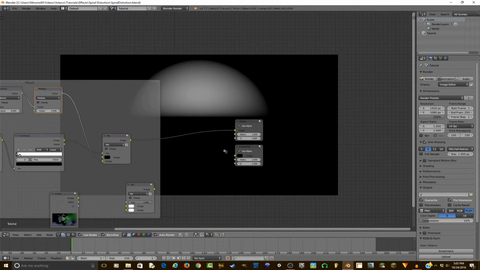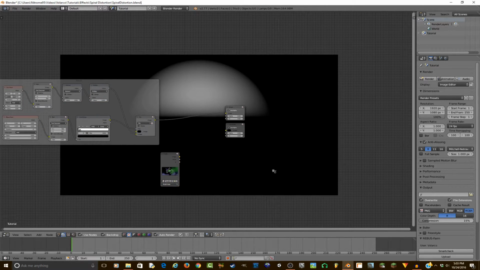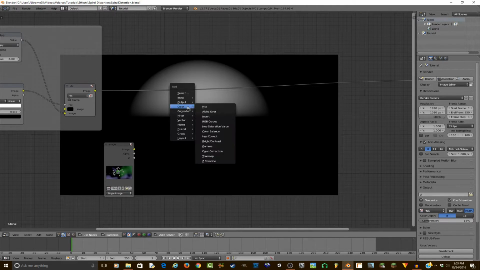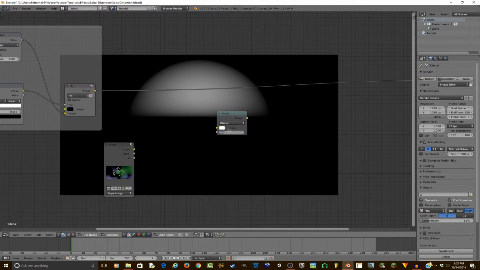That is good. So now that we have the mask done, I'm going to remove the mix node. Now we can move on to actually distorting the image. So we're going to create a node group for this, and it's actually relatively simple. I'm just going to press distort, rotate, set this to be 90, plug the mask into the input here, then